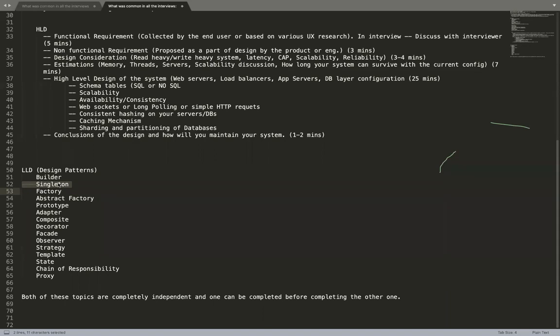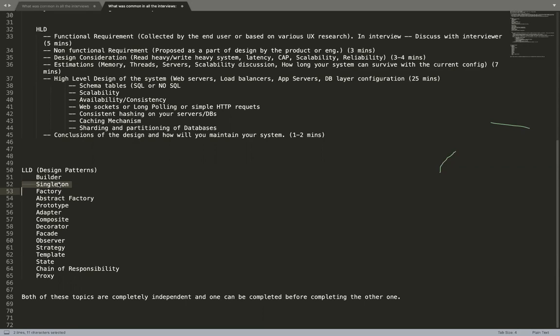What is the composite pattern? What does composite mean itself? What is decorator, facade pattern, observer pattern? This is a very, very famous pattern. You might have heard of this publisher subscriber problem, right? The publisher will publish data and then the subscriber will subscribe to that data. We'll talk about that in detail, and when and how it can be used, as a part of the observer pattern.